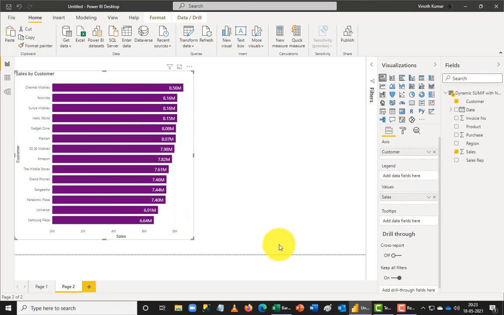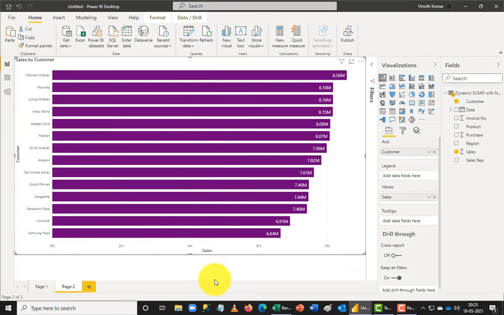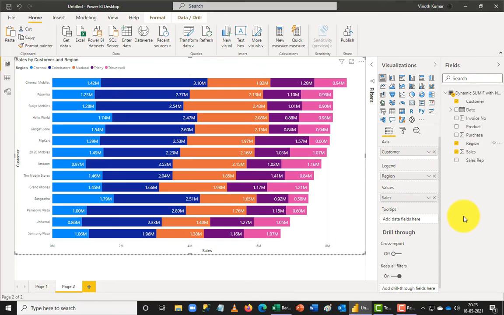So now if I add multi-dimensional data, I can see them really very clearly. So I'm going to put them to the whole page and then add the region to my legend field. Now we can see that earlier I couldn't see the final data part in the list, and right now I can see the breakup of each and every state here. When I place the cursor on top, you can see the overall sales that we did in this dimension, and it is showing you the value for each and every region.